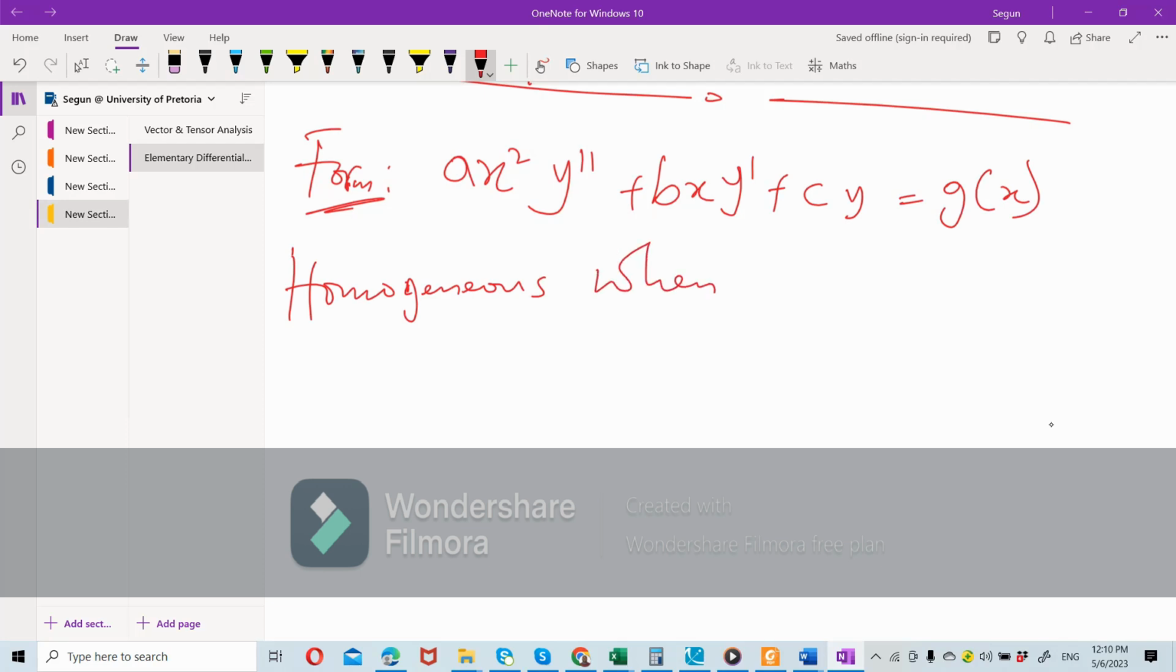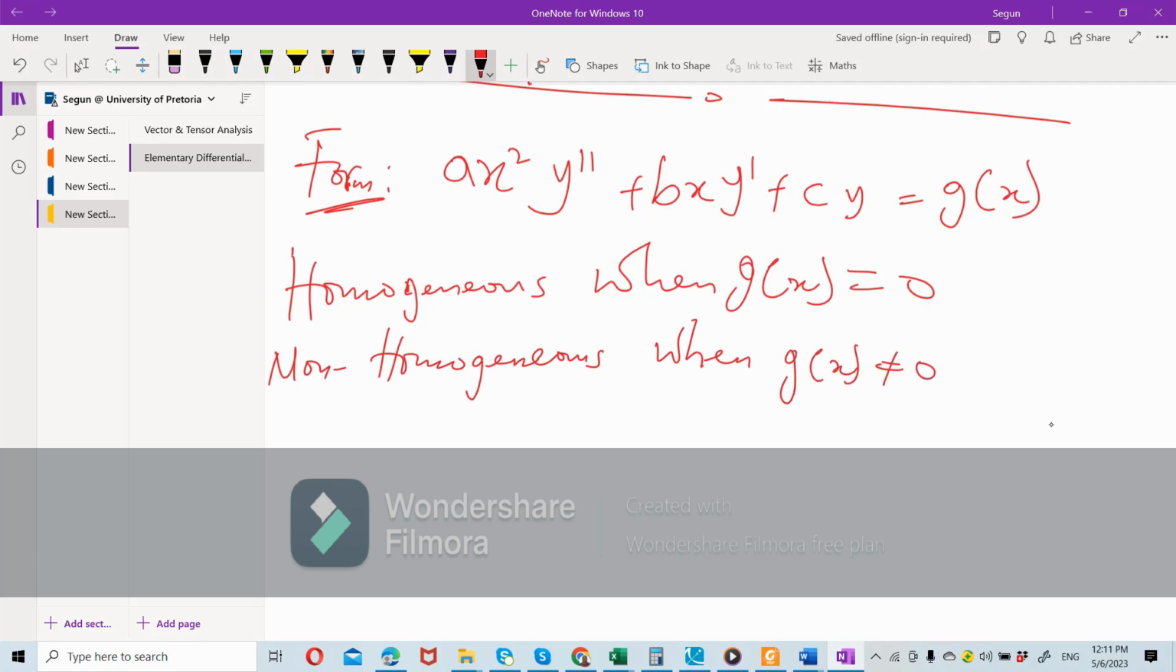Homogeneous when g of x is equal to 0, and non-homogeneous when g of x is not equal to 0. In this case, now, let's find the solution